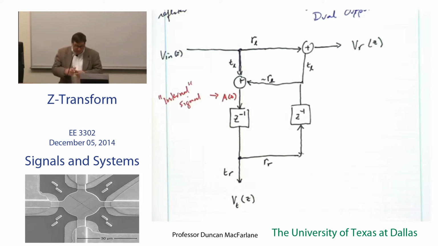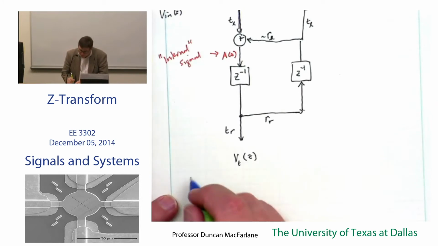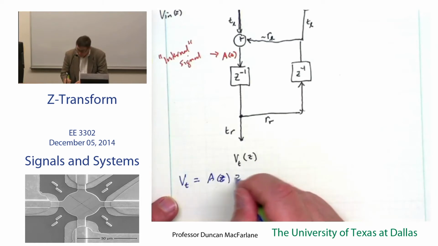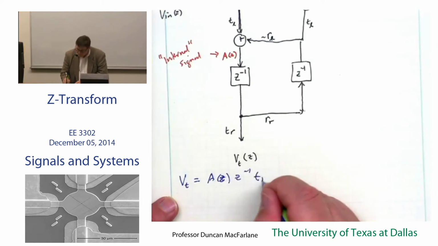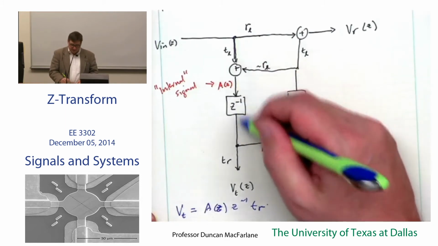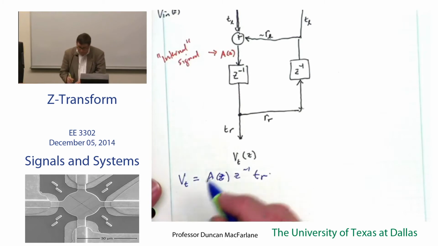And then it becomes really easy to write down the equations of motion for this structure. Vt is equal to A of z, z to the minus 1, tr. So whatever this is, it gets delayed and sees this tr and gets shoved out as a Vt. Okay? V reflected